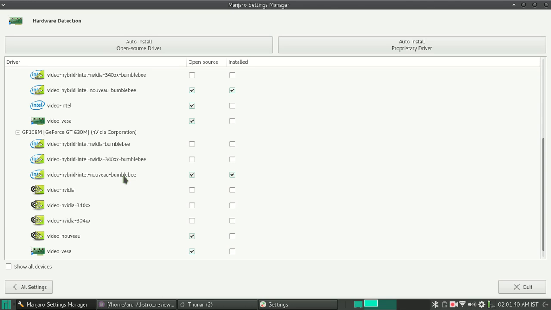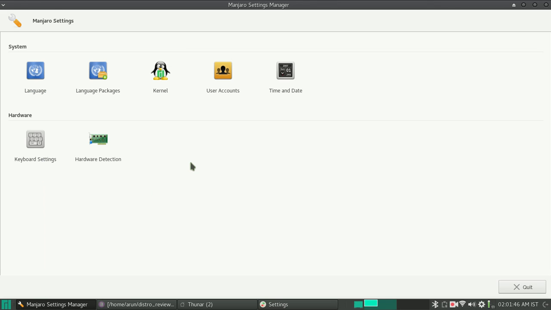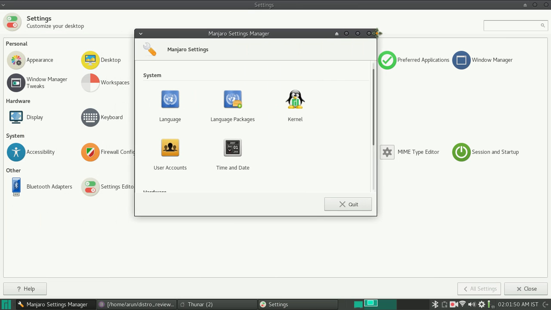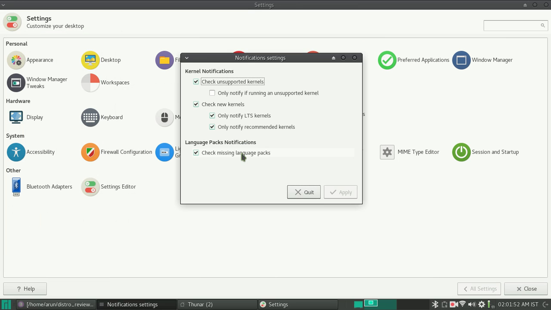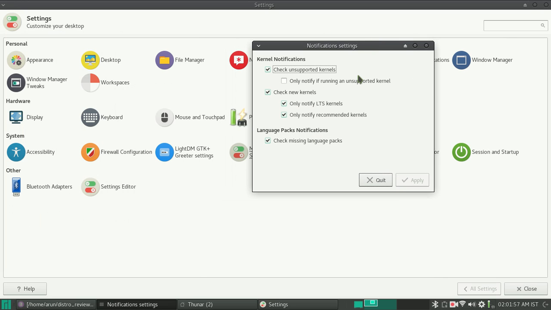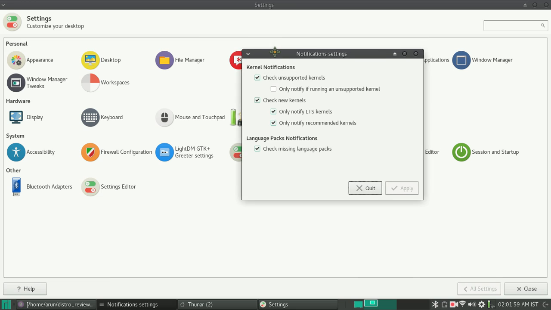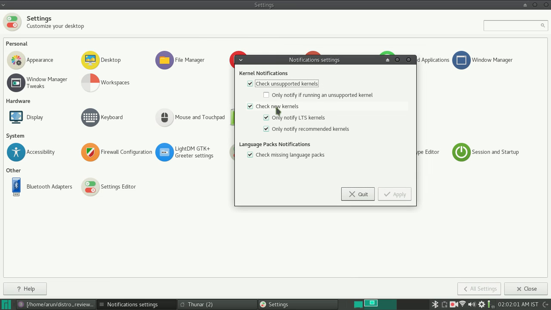But on the other hand, if I want to shift between the different drivers, that should be possible. And this part closes up the Manjaro settings manager. And if I look at the notification manager here, I can tell what kind of notification should show up with. As of now, I just told it to check for new kernels and notify me if there is a